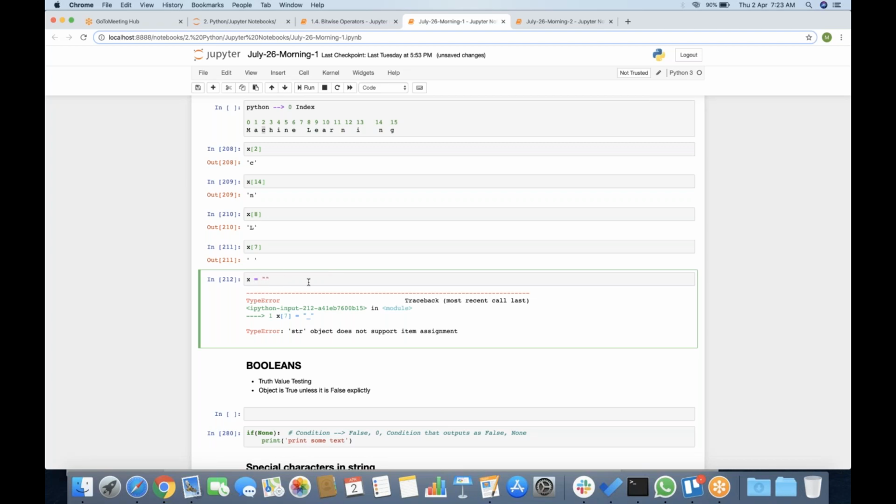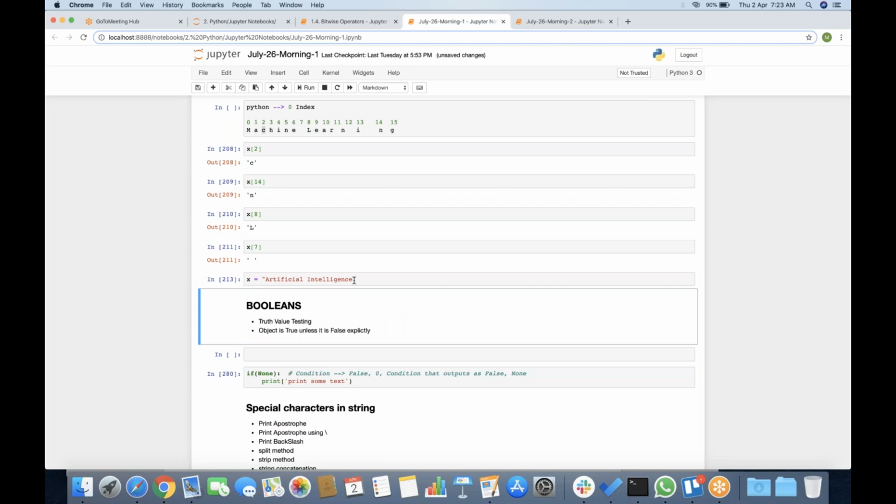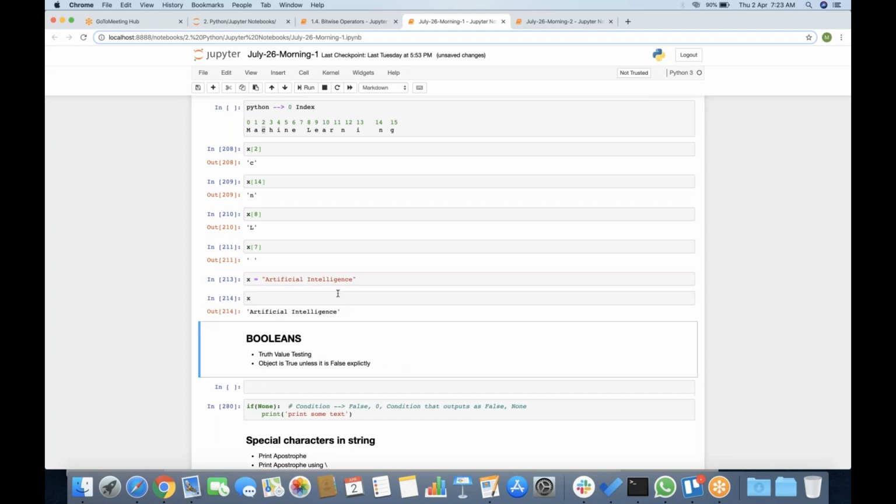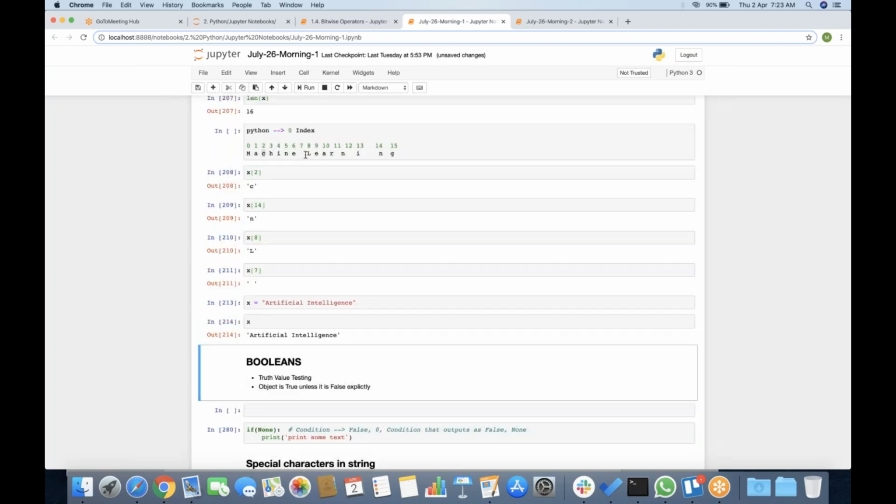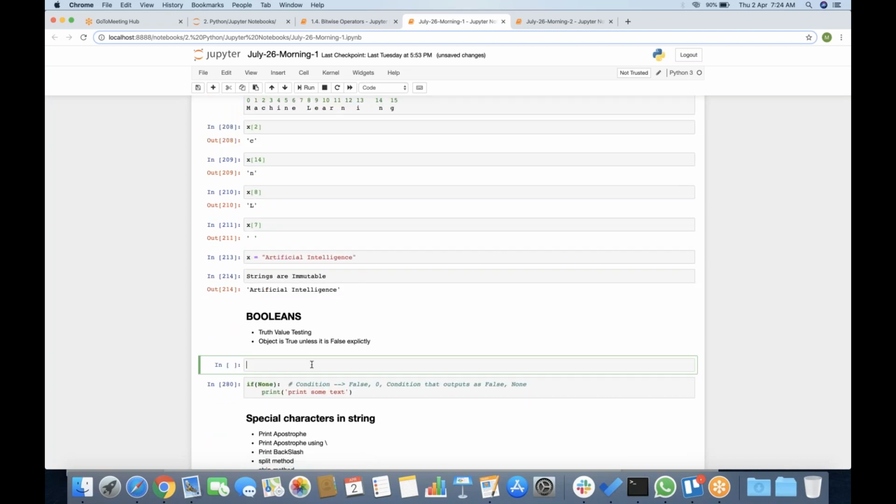Let's take artificial intelligence. We can completely rewrite it, but we can't take out a particular value and assign it to some other value because strings are immutable. There's one thing you guys need to remember. Okay,